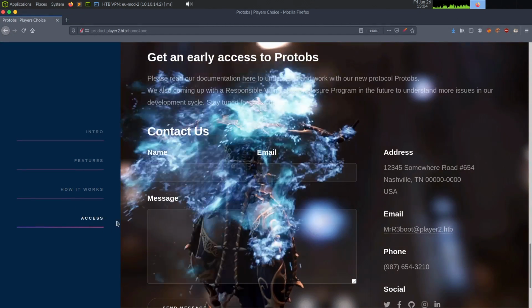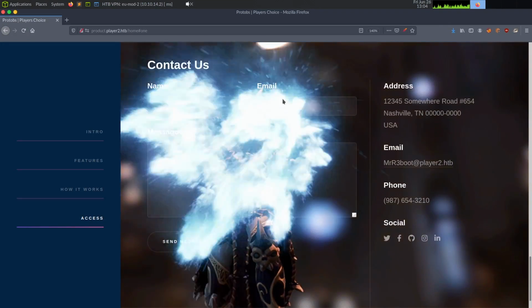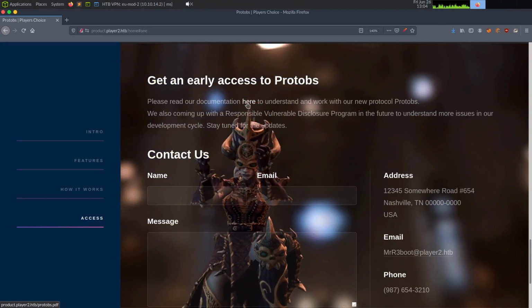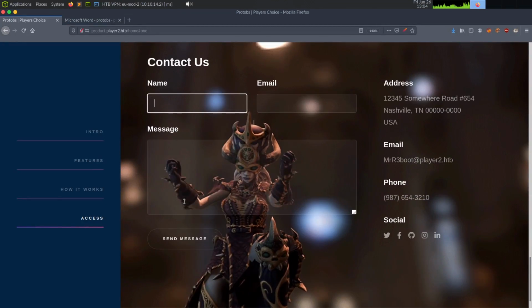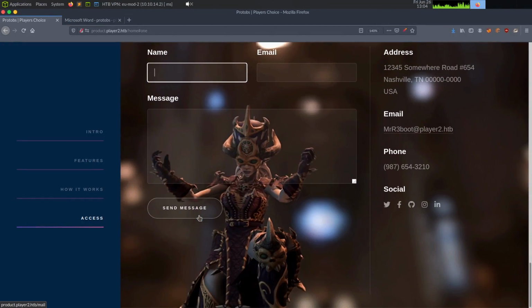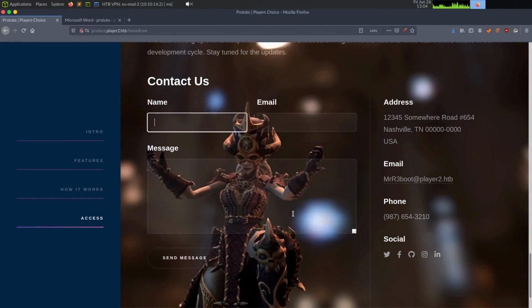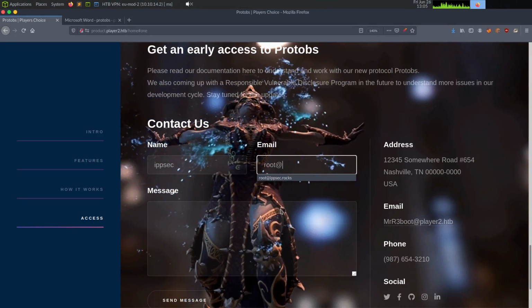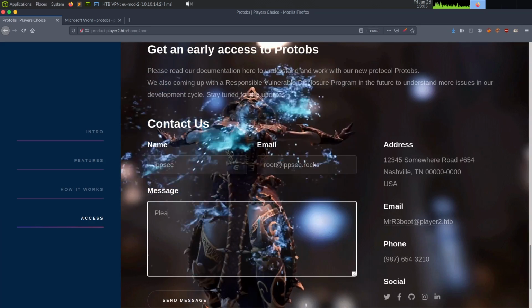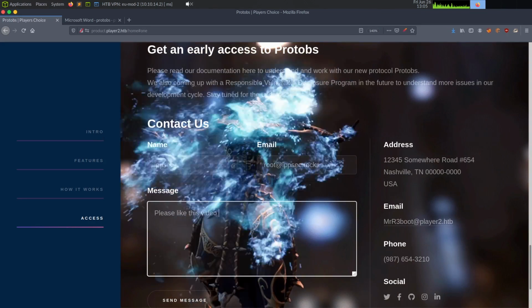And if we want to get early access, man, that animation's annoying. It gives you a PDF here, and then we get a contact us message. I was seeing if I could hide that animation, but it doesn't look like it. So we'll do ipsec and root at ipsec.rocks, and we'll say,